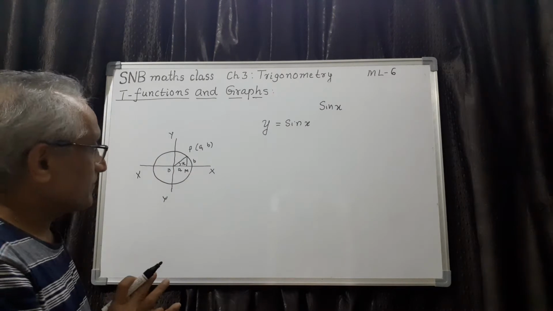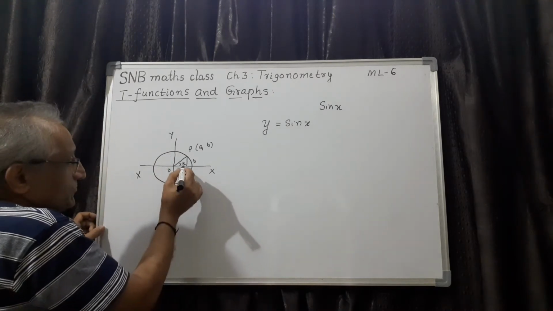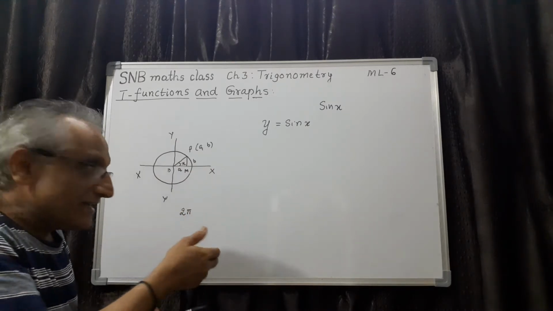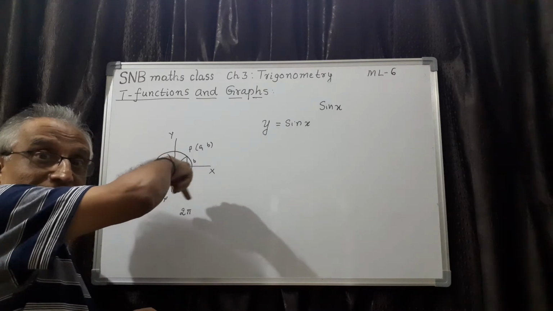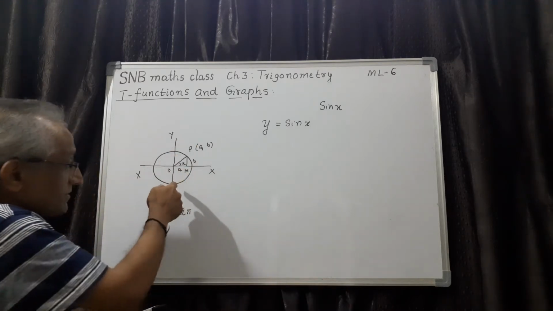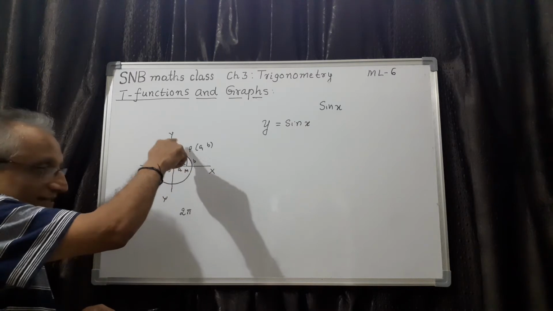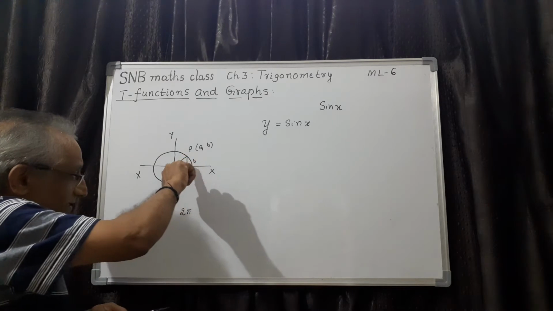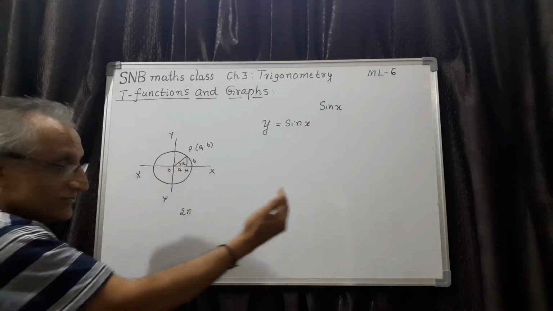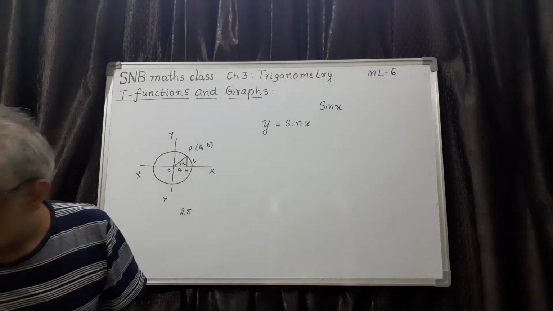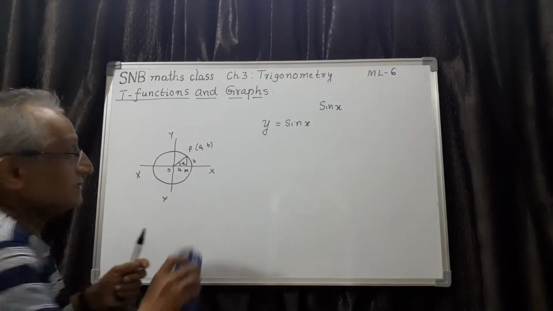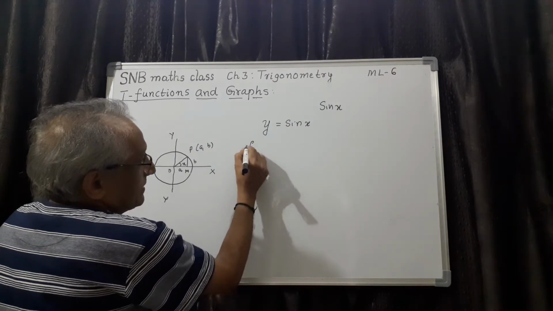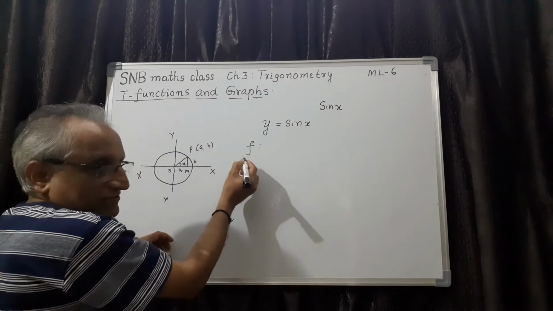This is one understanding. Second one is, if you take x one round, that is 2 pi. But you can make any number of rounds on the circle, infinitely many. If you are rotating in this direction, that is the positive direction. Suppose you are rotating in the other direction, we know that it is a negative angle. So what you can imagine now is that y is a function. Let me write f, actually f is a function.